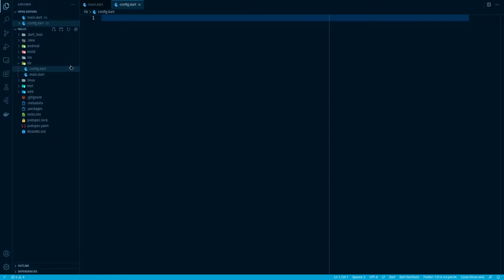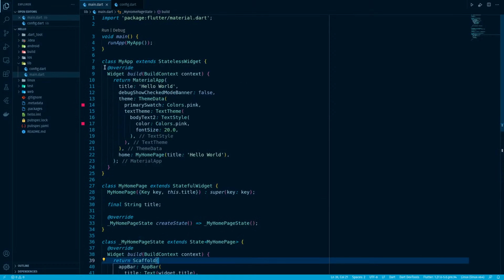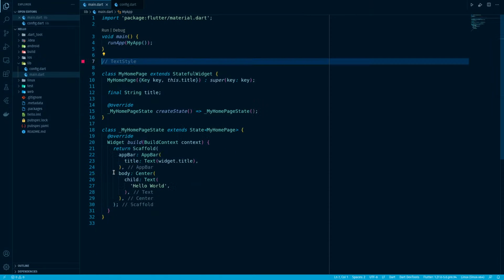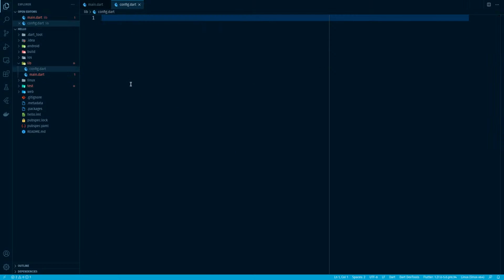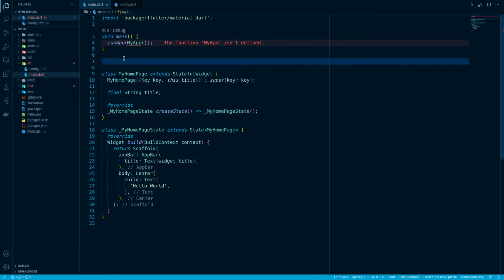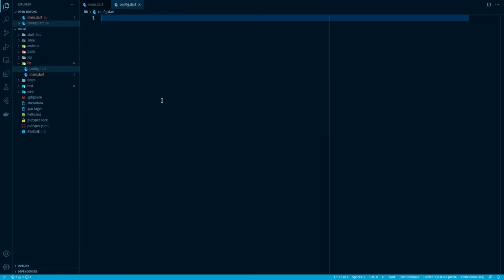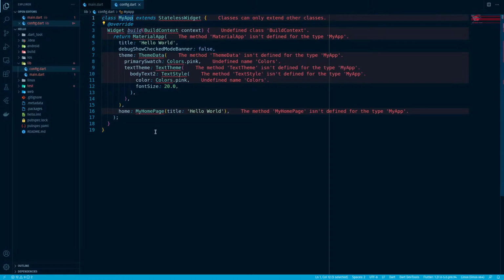Like I created a config.dart, and we will cut this code of my app and paste it in config.dart,